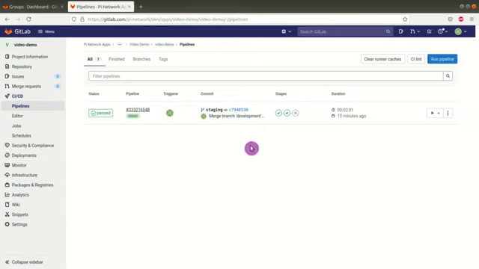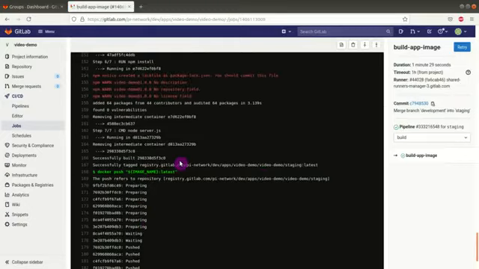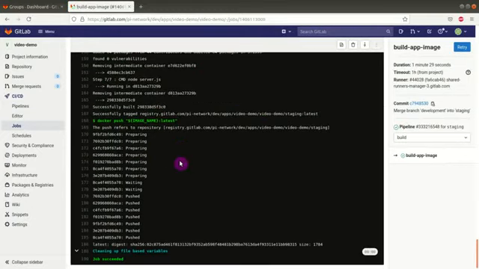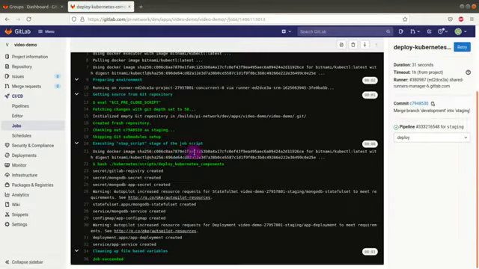If you have an issue here, you can click on this bubble and then click on the job name, and you will see the job logs. So here everything went fine, and the other job here, deploy Kubernetes component, went fine too. So you can see that all our components got created